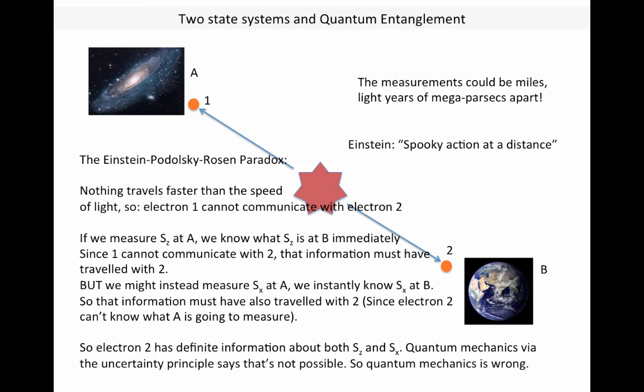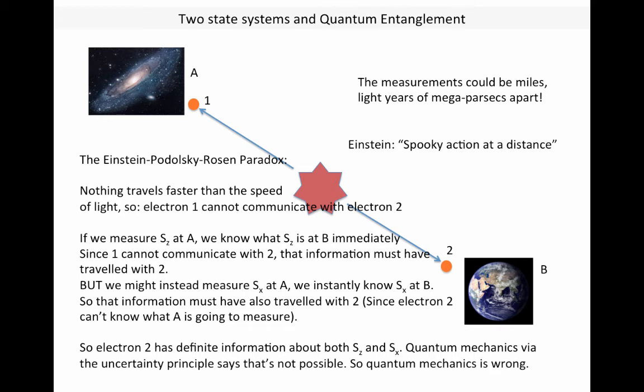If the electrons cannot communicate with each other, then an electron must have definite information about all of its components of spin, but that violates the uncertainty principle. So the argument Einstein, Podolsky, and Rosen made is that that means quantum mechanics is incomplete. That quantum mechanics limits the information you know about an electron, but that information does exist. Therefore, there must be some underlying theory that we haven't discovered yet, which tells us what that